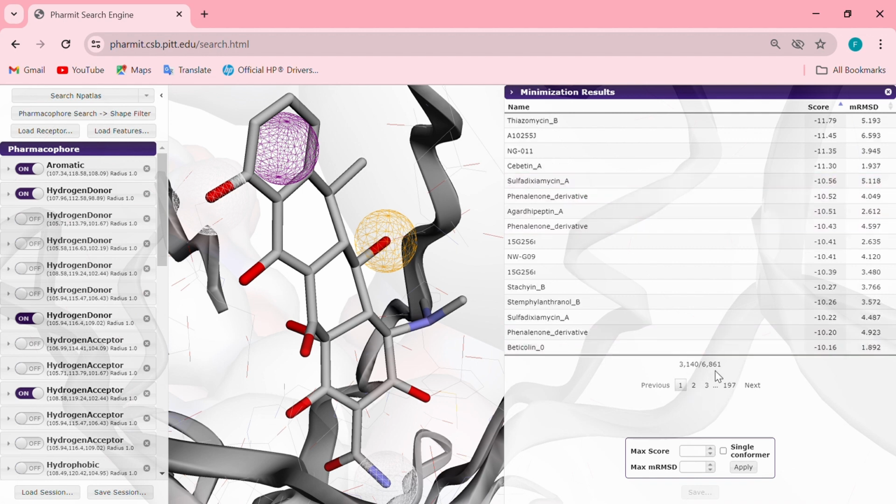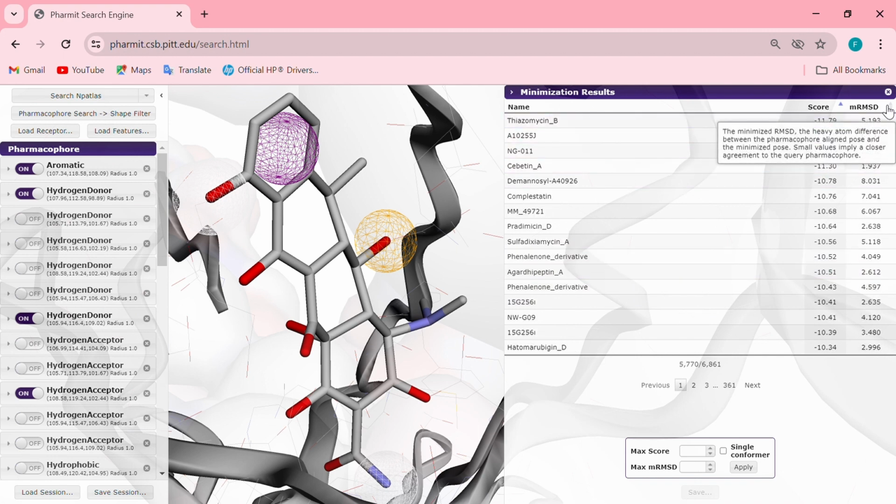As the minimization process is started, here we can see the scoring function and the minimized RMSD. When the minimization is done, we can filter our results on the basis of score. A more negative score indicates a stronger interaction and that the results are good, and then we can save our results in the form of SDF. As the results are saved,